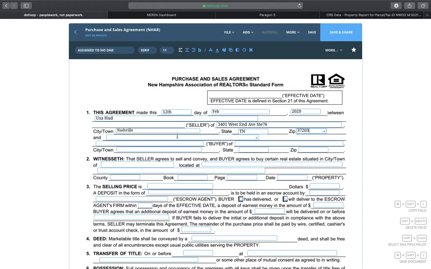37203. Okay, so now the seller information is populated. Now the buyer information is always going to remain the same because I will be the buyer on this, so my company will be purchasing this. So this is going to be Property Possible Inc. And we will do of 20